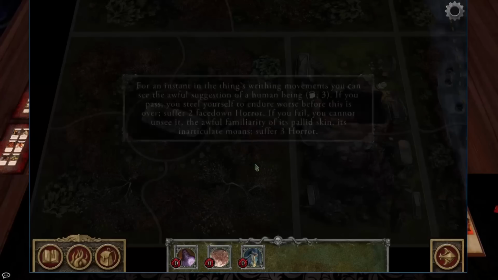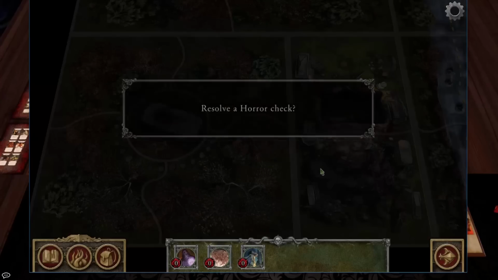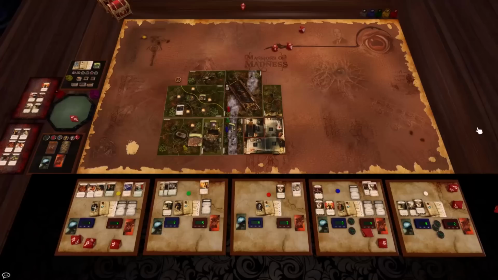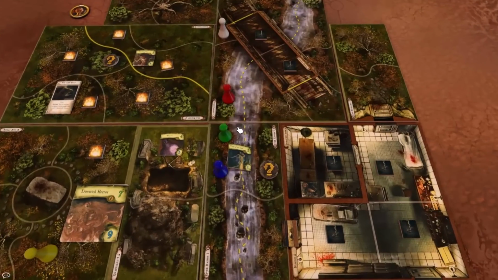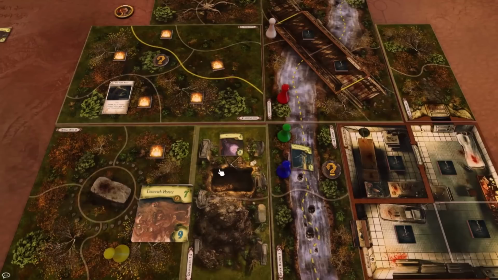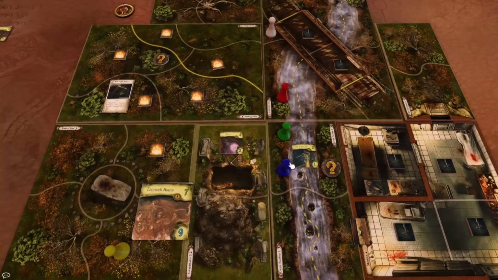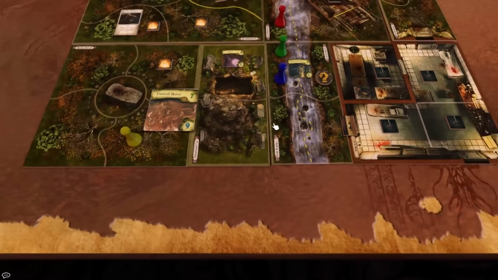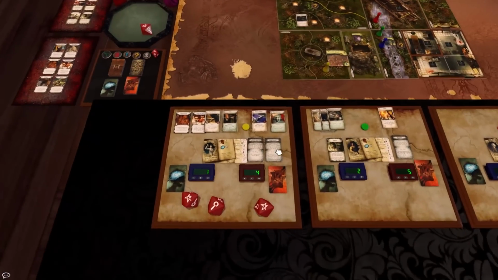Okie dokie. Your foe begins a slow chant, rising and falling in a cacophonous and human whirl. Suffer 1 horror, mind negates. Okay, so she is... This guy is dead, by the way. She is 1, 1, 2, 1, 1, 1, 2, 3. So she hits everybody. Starting with Vincent